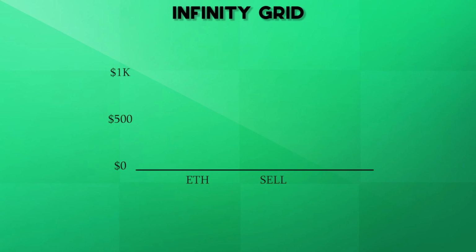Now let's understand the last bot, Infinity Grid. Infinity Grid ensures that your holdings stay equivalent to the initial holding value. Suppose you create a bot for the Ethereum coin. The current value of your Ethereum holding is 1000 USDT, and after a few hours, the Ethereum price increased by 5%, and now the value of your holding is 1050 USDT. In this case, the Infinity Grid bot will sell 50 worth of Ethereum to keep your holding at 1000 USDT.